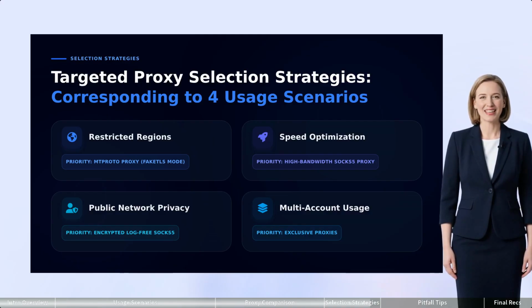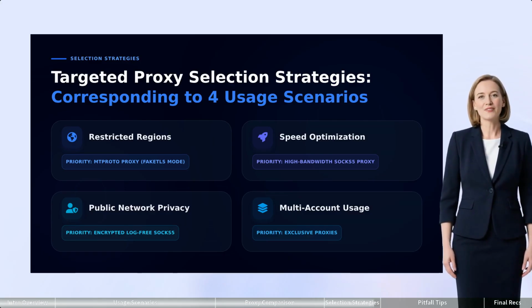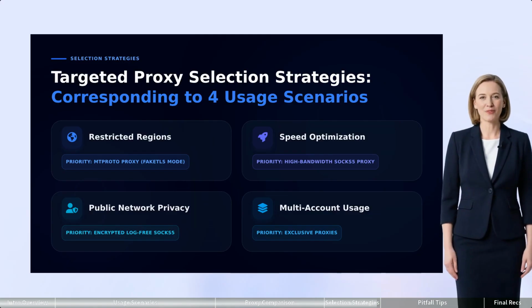Fourth, for multi-account usage, prioritize exclusive proxies. You can choose either exclusive general SOCKS 5 or dedicated proto proxies to avoid multi-account association, prevent IP restrictions, and